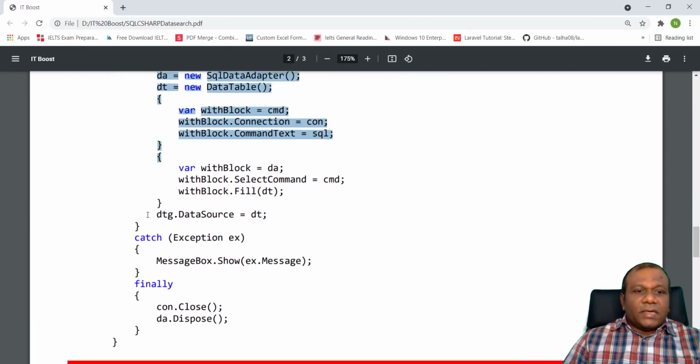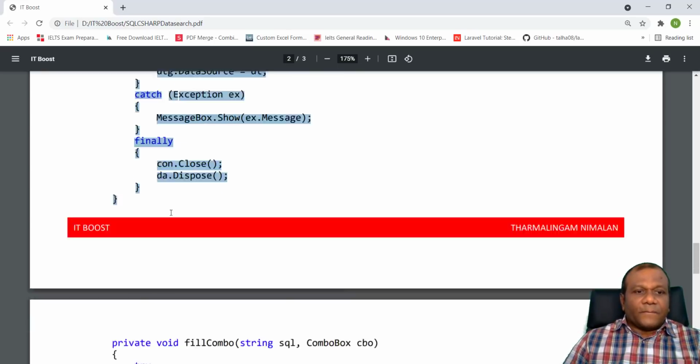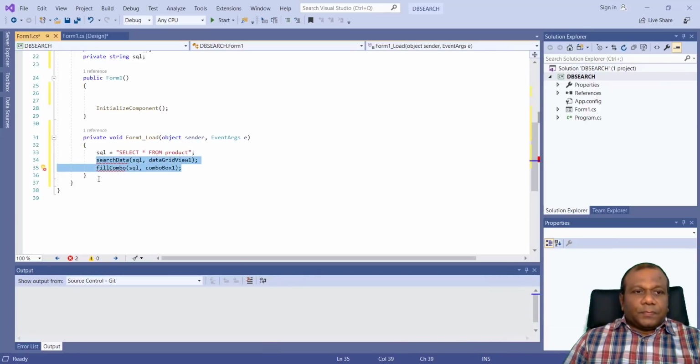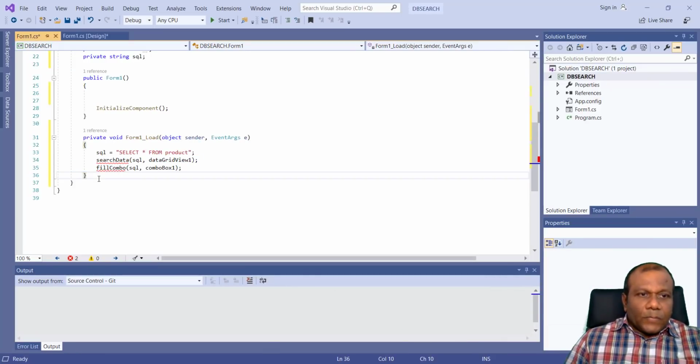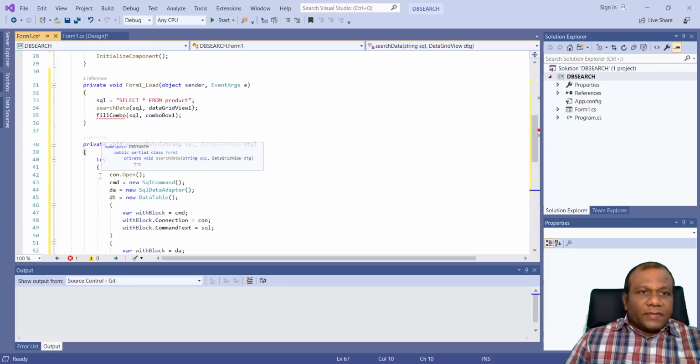So this is the SearchData function. Here we'll see what it says.